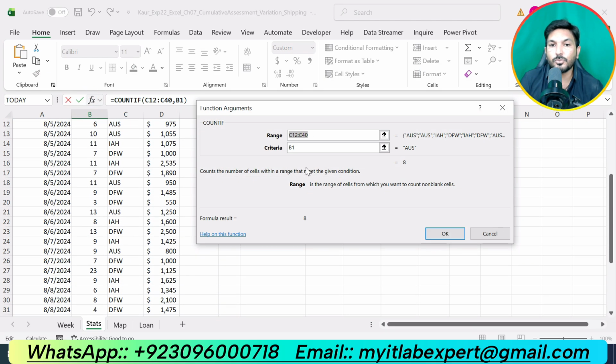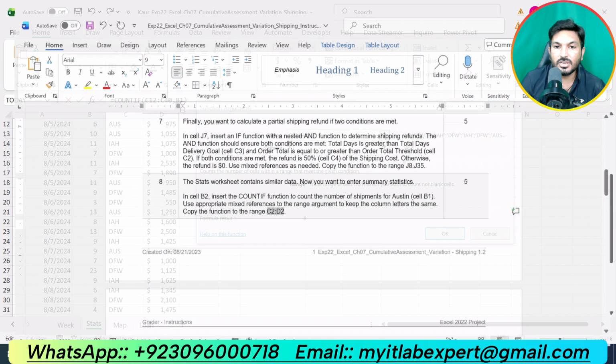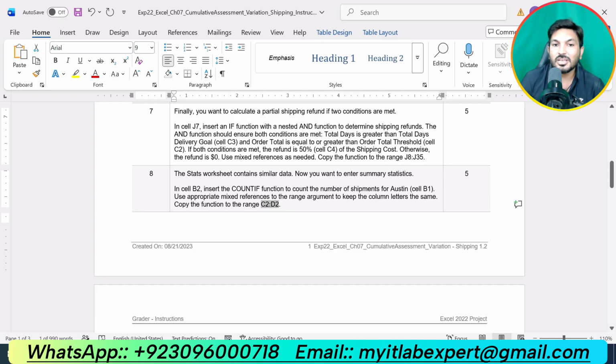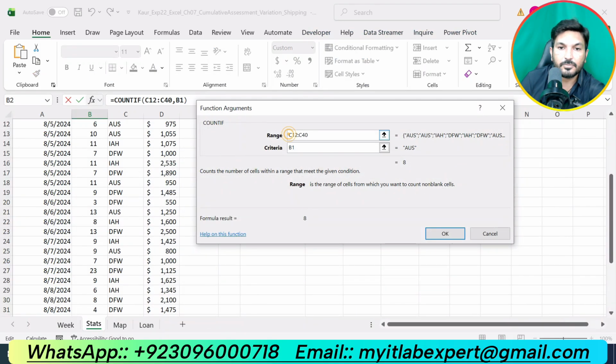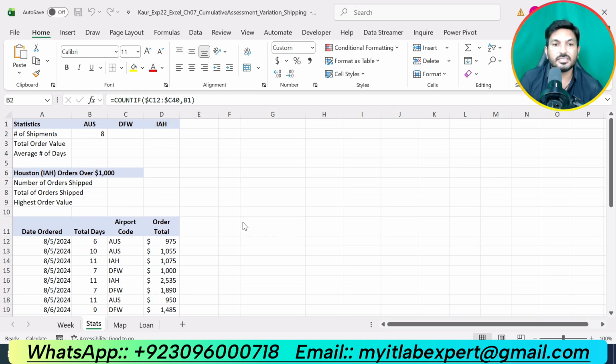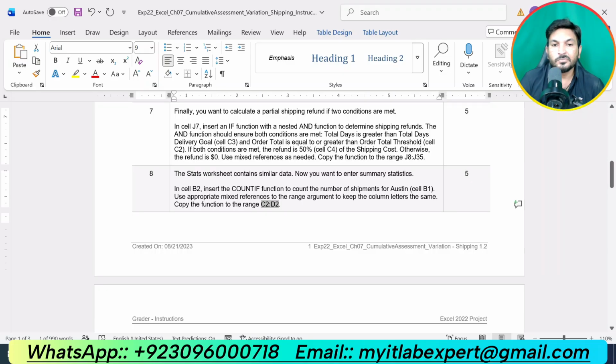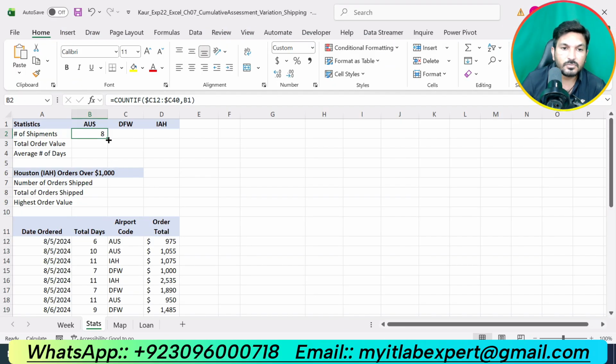But we are supposed to use mixed references to keep the range column letters the same. Here we will use the dollar sign. So that is all about step number 8, but we are supposed to copy the formula here.